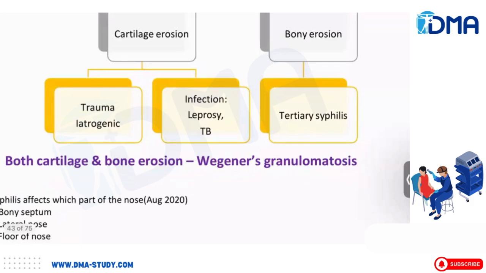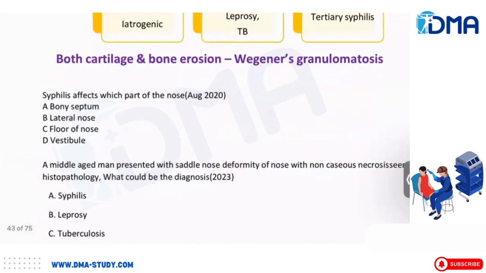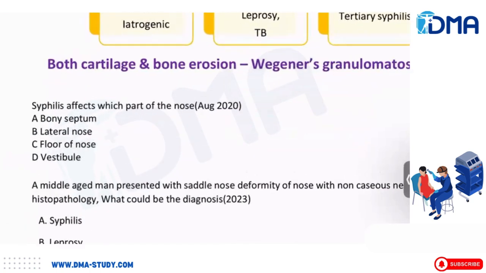These are all one-liner points you should go through completely. You should have a grasp of all these points. They may ask any of these points. See, they have asked 2 questions over the last 4 years. Syphilis affects which part of